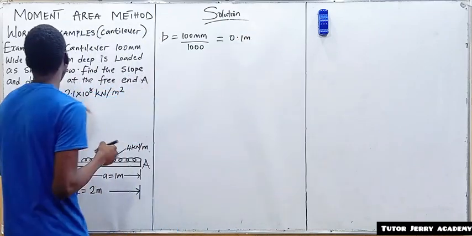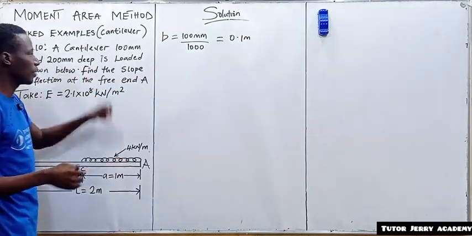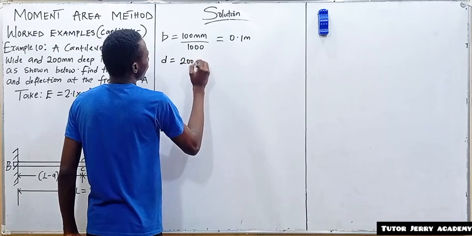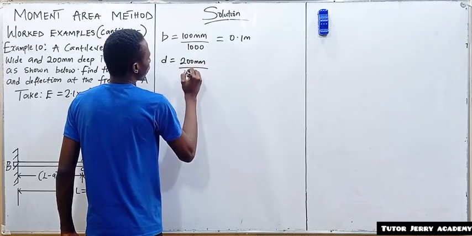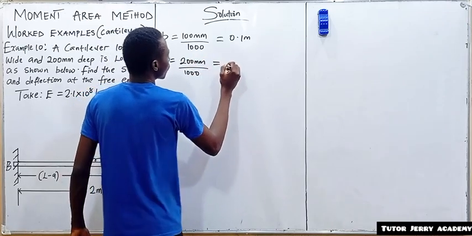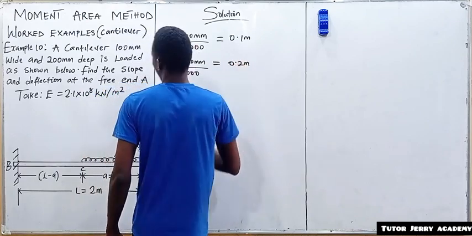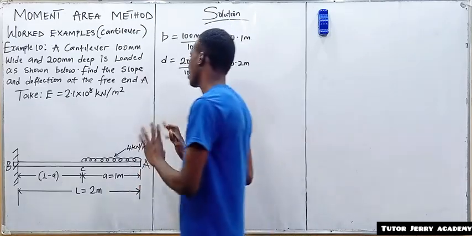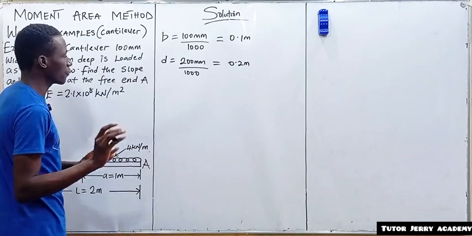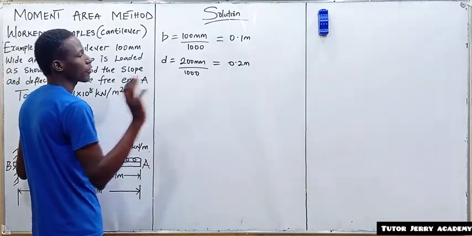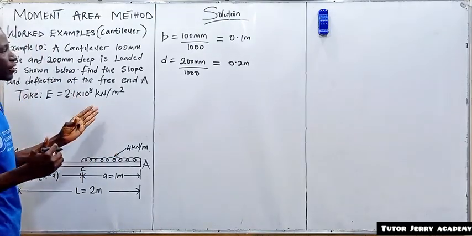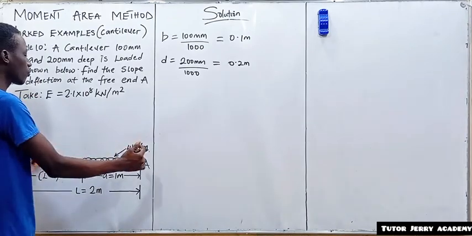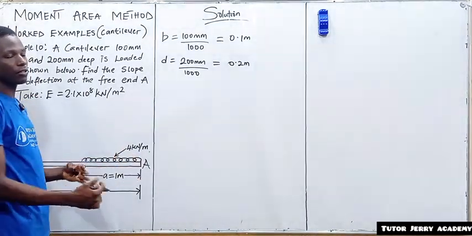Now we have 200 mm depth. So our depth is equal to 200 millimeter. If you divide by 1000, this will be equal to 0.2 meter. This is what we have. We are asked to calculate slope and deflection at the free end. So calculating the moment of inertia first. Since we are given width and depth, you are supposed to know that the section of this beam is